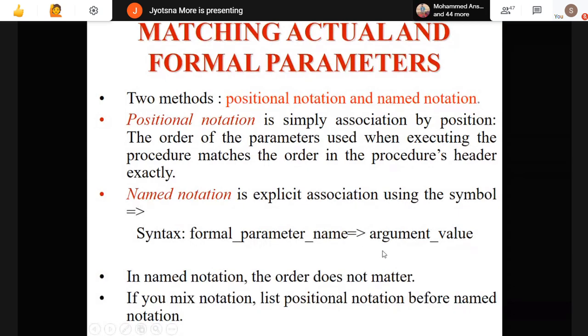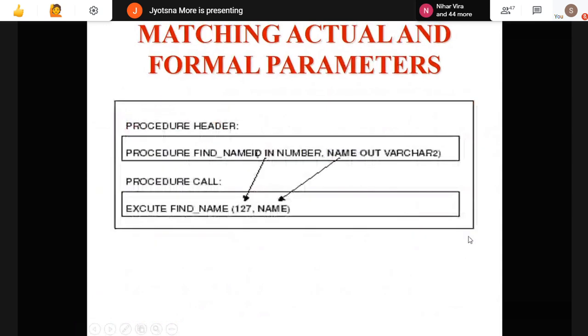For name notation, this arrow symbol is important. The order doesn't matter because we are writing based on the name of the parameter. We mention the parameter name and the value together, then comma separated with the second one.